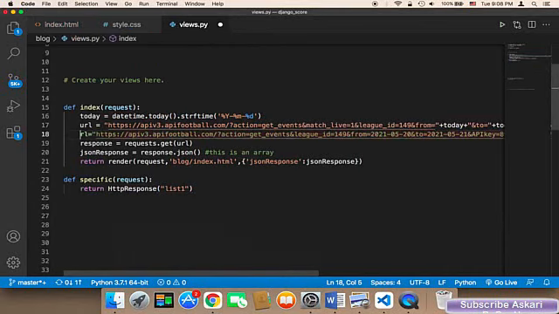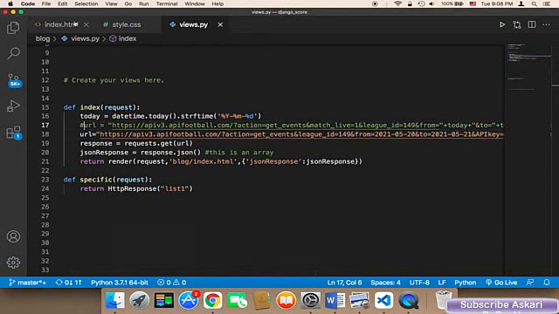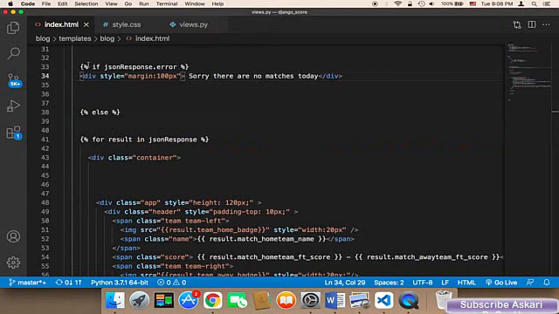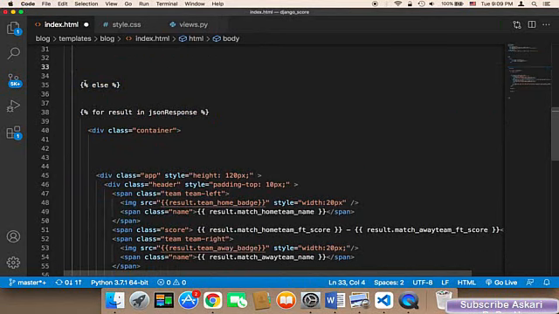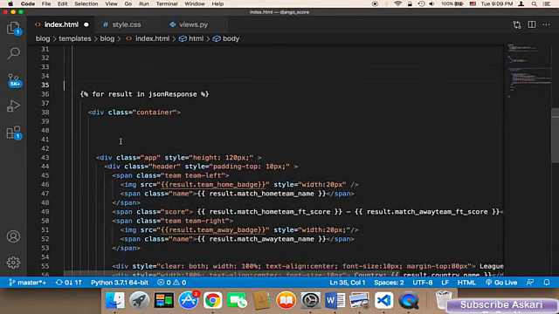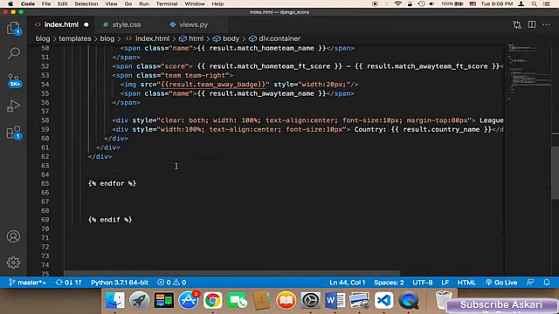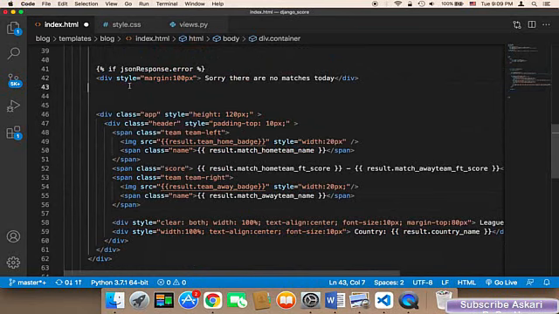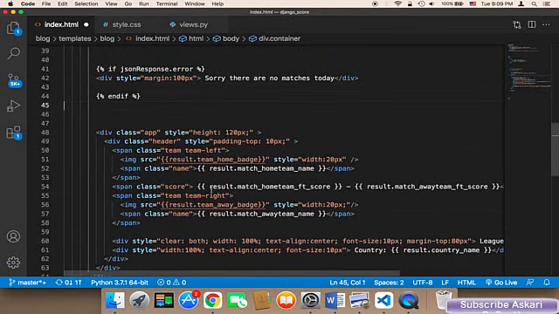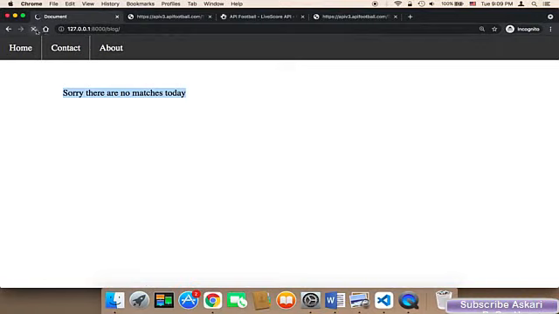So let me use this URL again. And this is going to display everything. And I'm not going to protect the for loop. I personally love the old way, which is displaying the error inside the for loop. And it's up to you whether you want to display the error inside the loop or outside the loop. As long as you aren't getting any problems, as long as your application doesn't crash, you can do whatever you want. So let me here say end if, and now if I refresh, I'm going to get all of the matches,